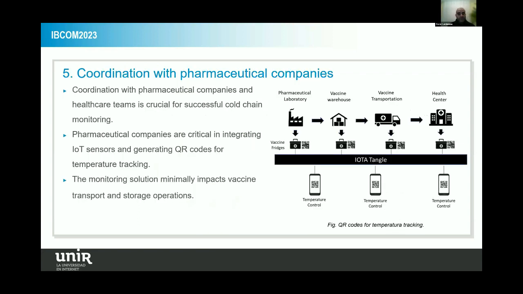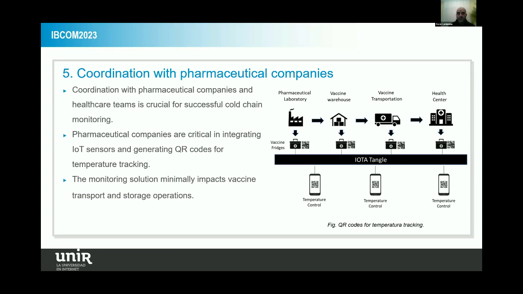Also, it's important to consider the coordination with pharmaceutical companies, because with this solution you don't want to modify the way that the pharmaceutical companies work with the vaccine. The good thing about this solution is that it's very transparent, so the pharmaceutical companies don't have to modify the process to transport or to store the vaccines